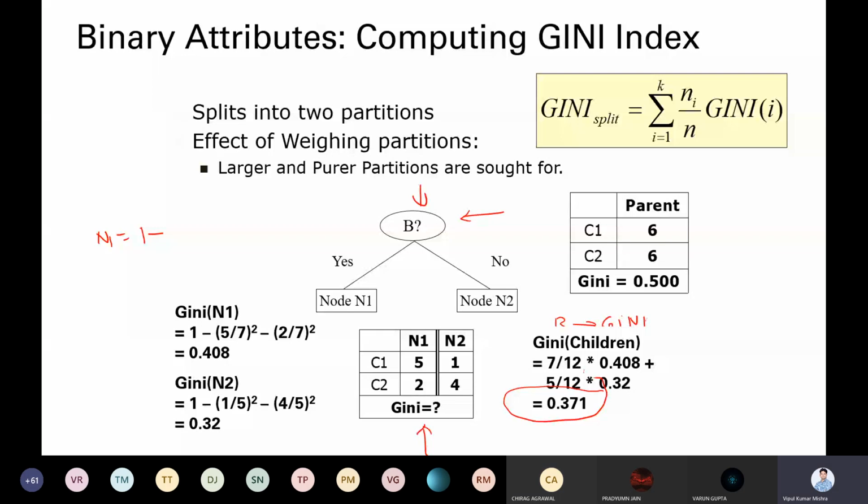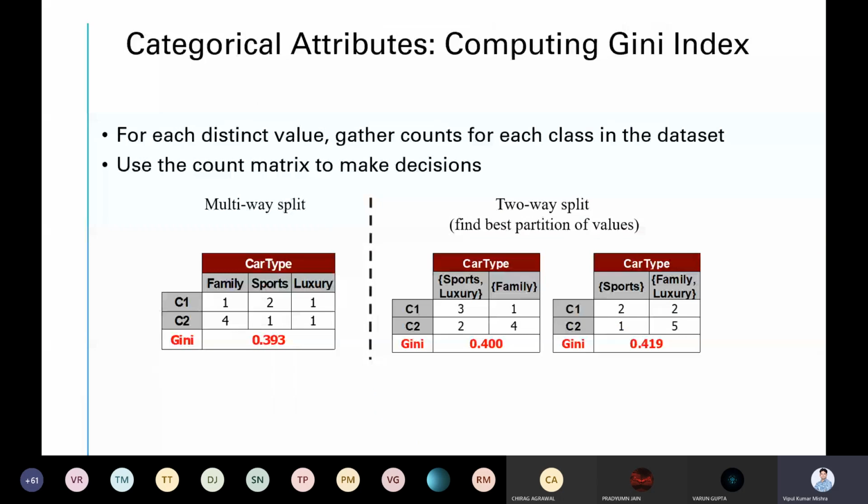No, sir. Yeah. So now, as I told you, there is a multi-way split as well. For example, if you have 3 different classes, then you can split it further. There are even ways to split into 2 sides, where you combine 2 different varieties on one side and 2 on the other. So there are different ways to deal with a categorical variable. You can combine 2 together, or take each category separately. So there are various ways to make the decisions.